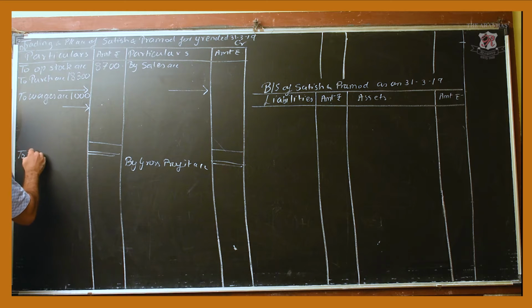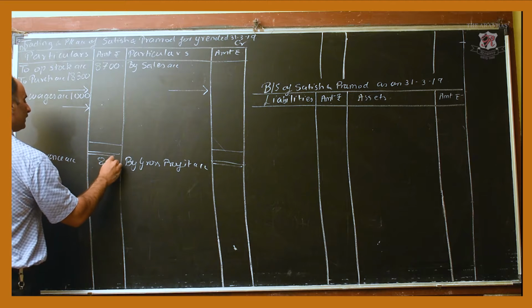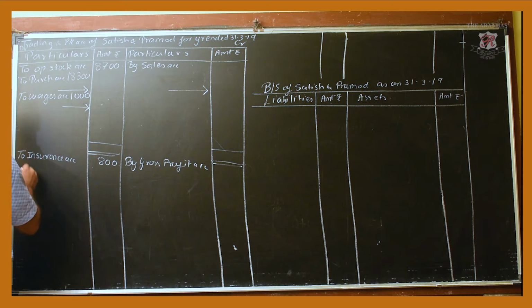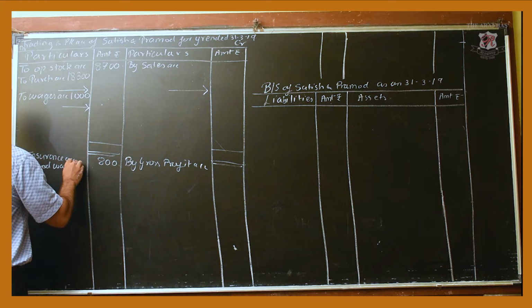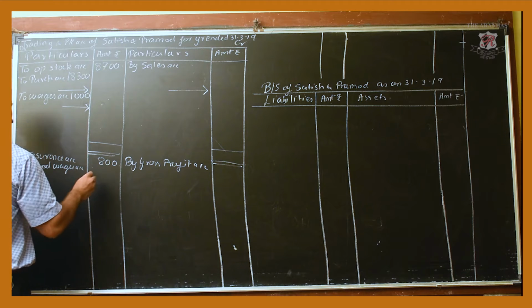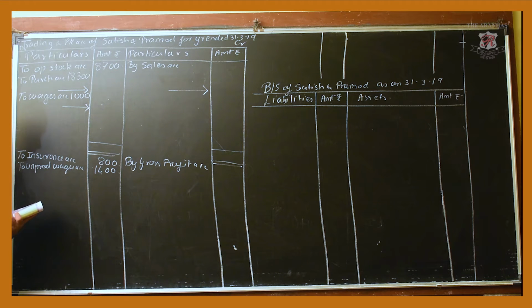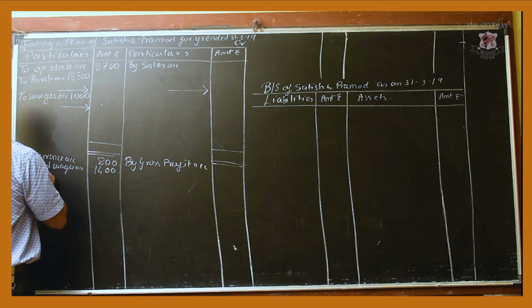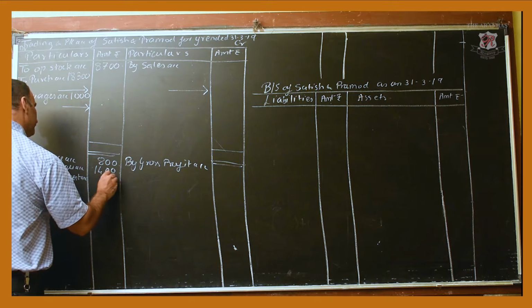Insurance is a non-manufacturing expense. Insurance will come here on the debit side of P&L, 800 rupees. Unproductive wages, that is also non-manufacturing. It will come here, unproductive wages, that is 1400, no tick mark on that. Then is warehouse rent. Warehouse rent is a selling and distribution expense. It will come here only. So to warehouse rent account, warehouse rent is 600 rupees.